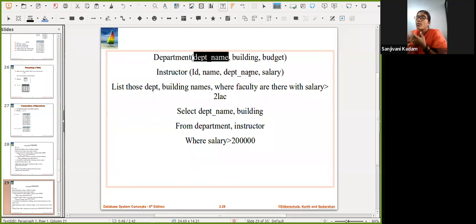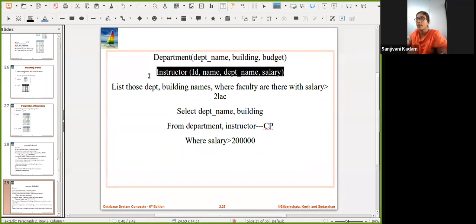Okay, which one we wanted to display. So let us understand first this concept. Whenever I am writing two relations as part of my query, this always performs a Cartesian product. This operation it performs. It means that every tuple of my department relation will get mapped with every other tuple of my instructor. So this is my output of the query right now.